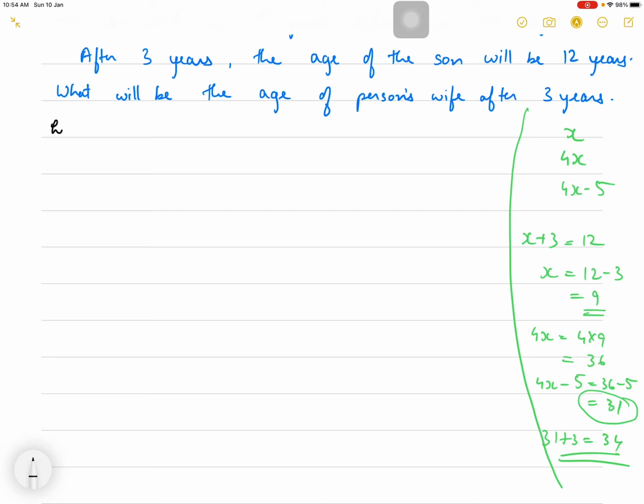Okay, let the son's age be x. Father's age is 4 times of x, which is equal to 4x. Wife's age